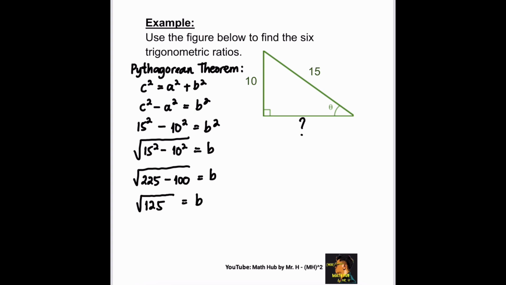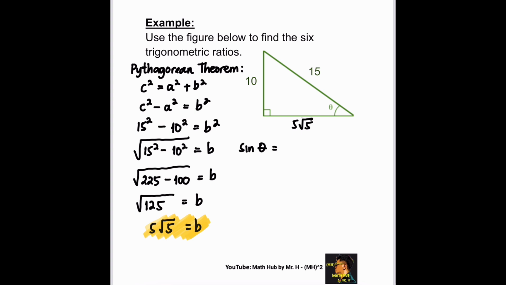So from here, if we're going to simplify the square root of 125, it's going to give us 5 square root of 5. Right? So that means that this side right here is 5 square root of 5. All right, so after finding the measure of the leg, we can definitely proceed with identifying the 6 trigonometric ratios. All right, so for sine theta,